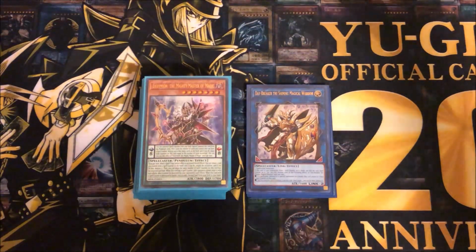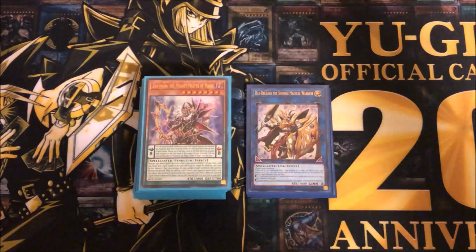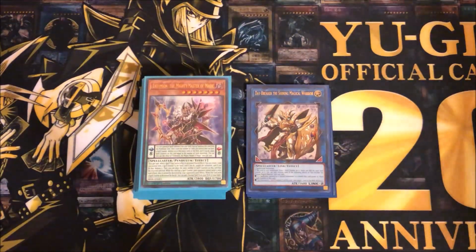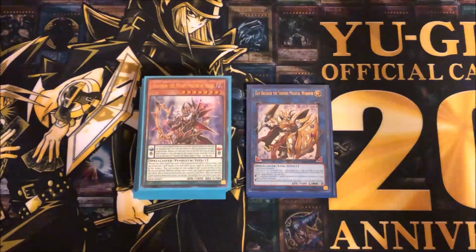Deck profile, and today we are going to go over a budget version of the new spell counter Endymion deck that has been pretty popular the last week since the deck came out. This is built with just 3 structure decks, so for about 30 bucks you can put this together and have